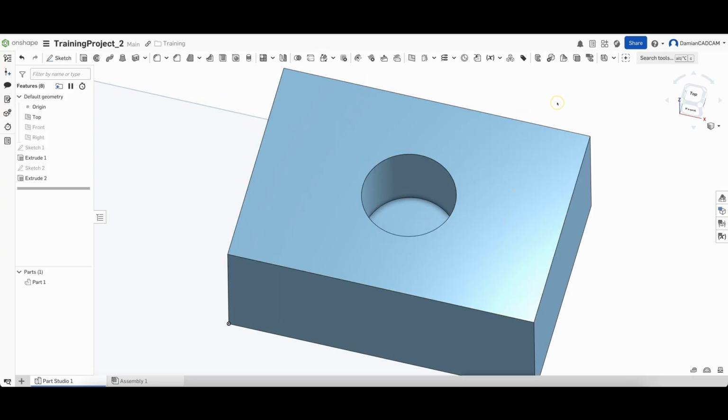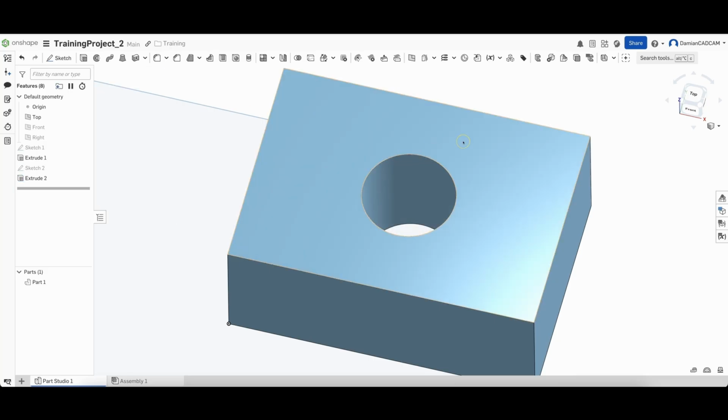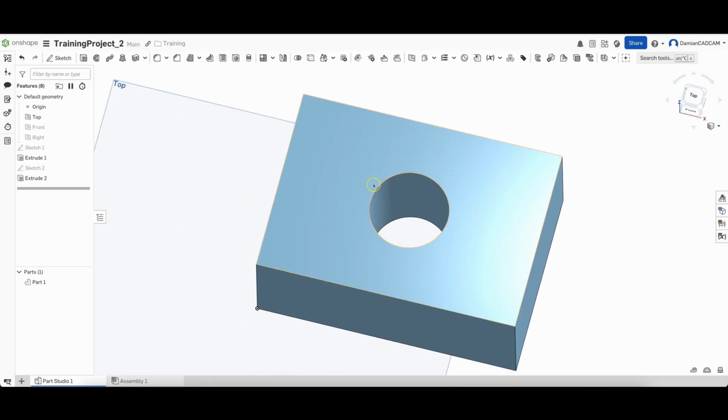But in 3D CAD systems, it's so common to create pockets that go through the entire solid that we have a specific pocket type, and we can set it so that the pocket is always through, regardless of what the height of the solid will be. And to do this, I will now go to edit this operation. And here we have pocket types. We have the blind type, where we specify the exact depth of the pocket, but we also have the through all type. As you can see, we have several different types, but I won't discuss them for now. We'll come back to this during the course. Here I select through all, and now we don't specify anything else. I accept it, and now this pocket will always be a through pocket, regardless of the height of the